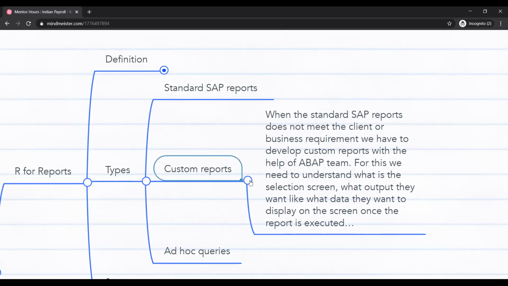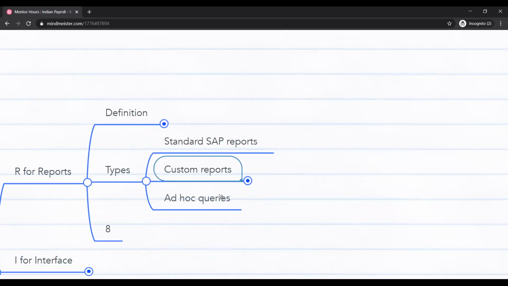So this is regarding the custom report. There are also ad hoc queries, but don't worry about it. There are some queries you can design, but they are not specific to your FS and TS. From a functional specification point of view, these custom reports are very important. You have to understand how these are designed and what the specification is, in a very detailed way. How to write it, I will talk about it. Maybe tomorrow we'll discuss that. So this is regarding reports.